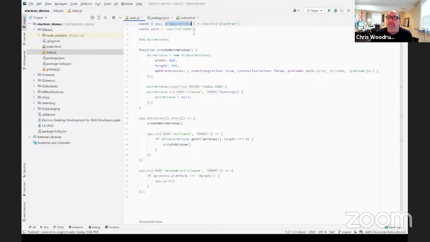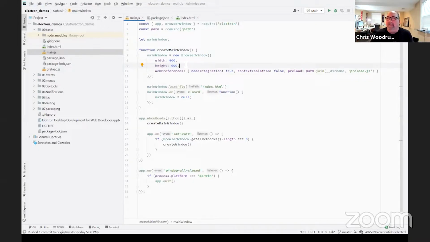And then this browser window is going to be the first renderer process. And I'm going to create that main window. What I call main window is going to just be based off of that browser window, and I have to give some information about it.